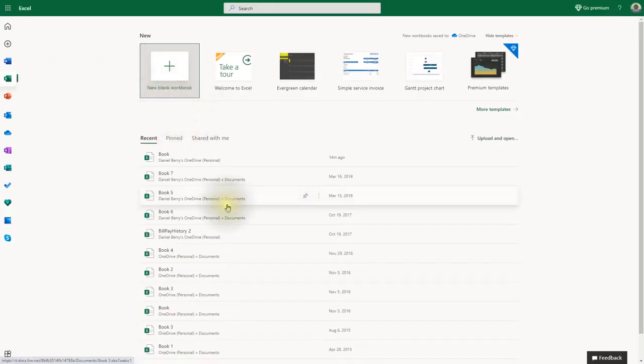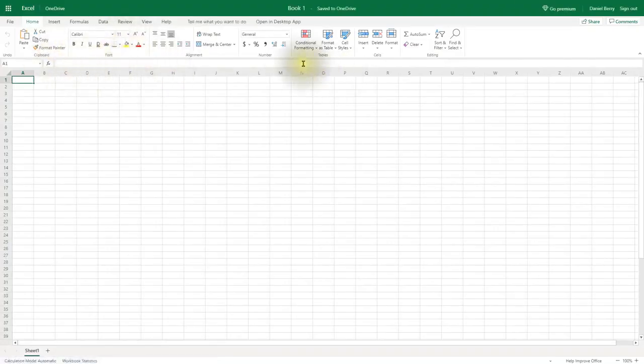So now here you always have recently worked on items right here. Notice that you do have these templates here. If you wanted more different types of templates, you click on here for more templates. I'm just going to go with a blank workbook right here, and in a moment or two it opens up. I'm going to go over the features real quick and actually create a workbook.